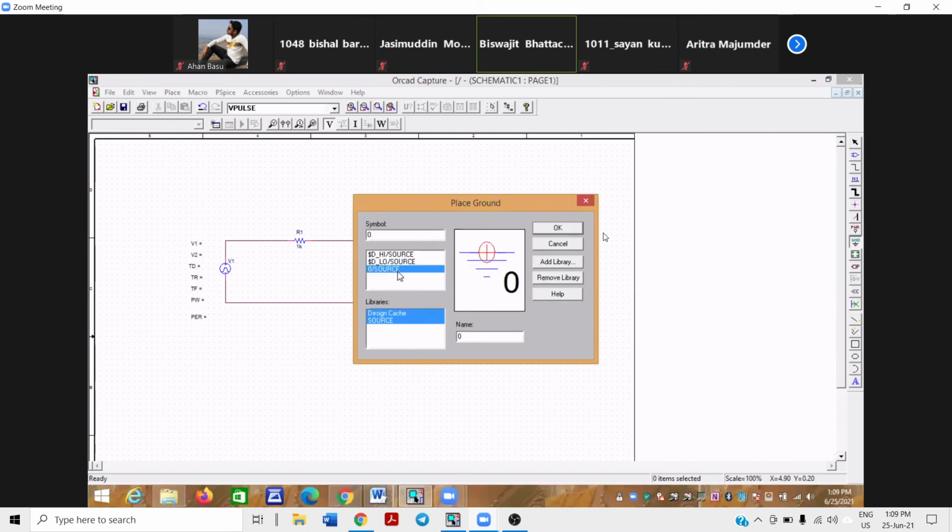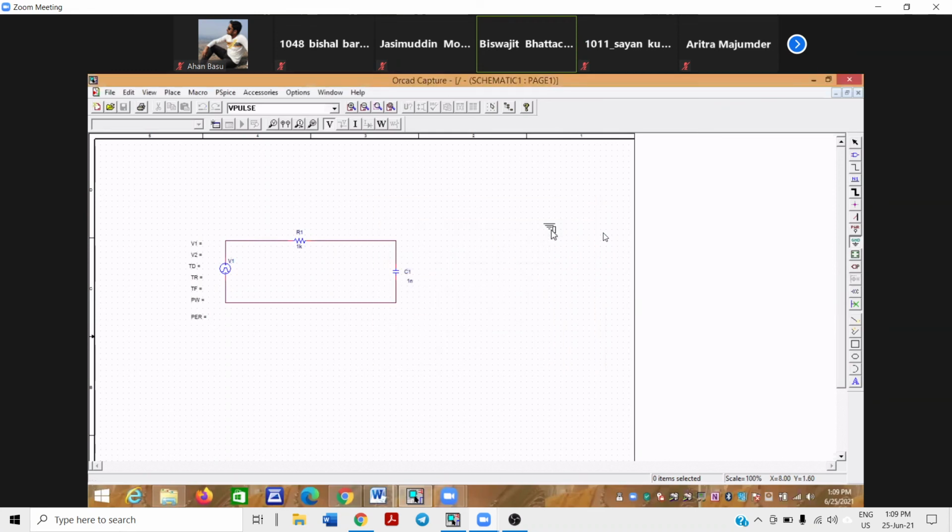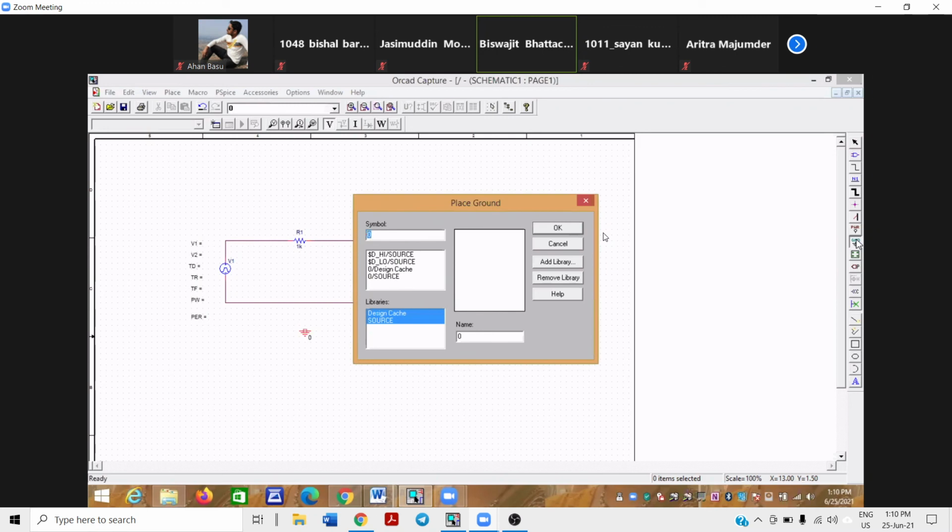You just use the third one, output source, our conventional one. Click it here, then release, right click, end mode. No more ground. Click outside. You can get ground here also. If you want, there is a ground pin here. Click ground, same ground is coming in.